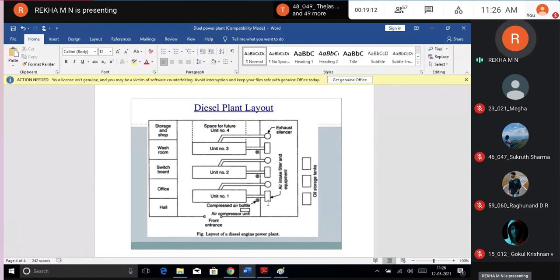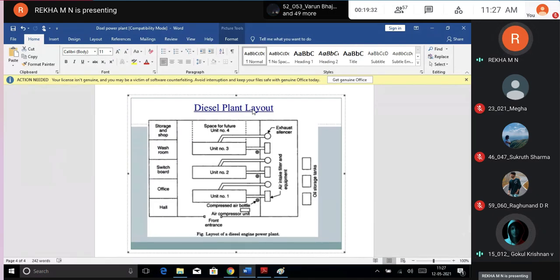Maintenance andre ಏನಪ್ಪಾ? What do you mean by maintenance? Repairing. Okay. In this context, in a diesel power plant, what do you think? So maintenance means how you're going to maintain the things? Changing the engine oil, ma'am.